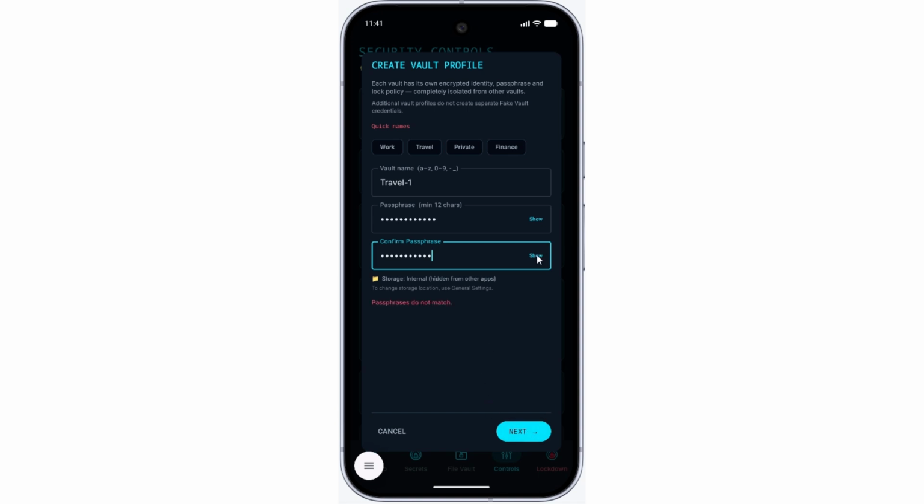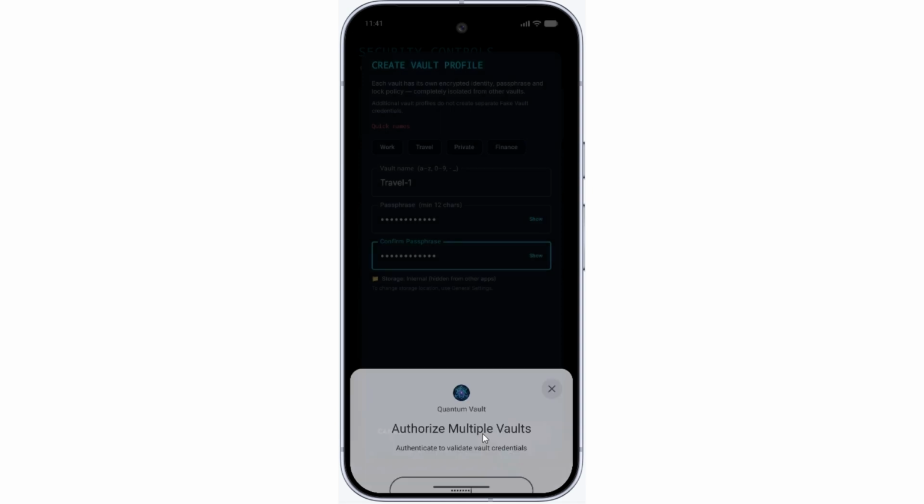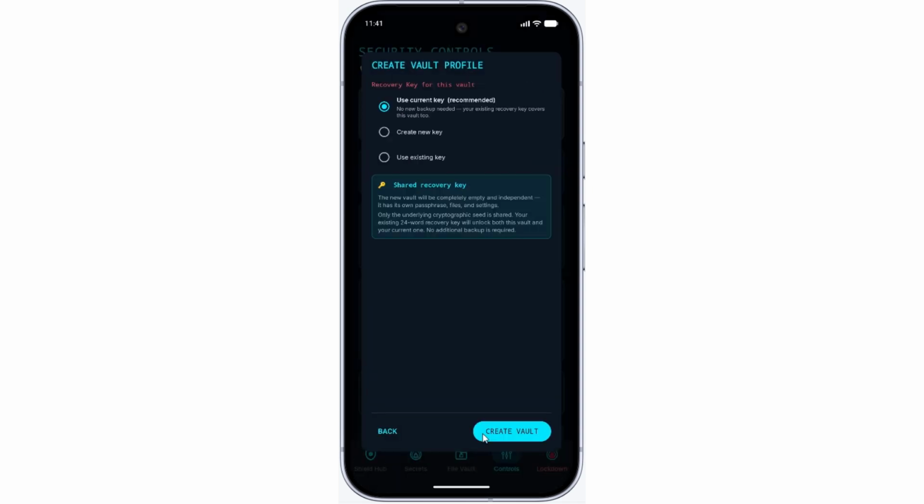Oops, passphrase doesn't match. Let's type again. Okay, I hope this time it matches. Yes. So you provide your screen unlock or fingerprint, and then it asks you here,